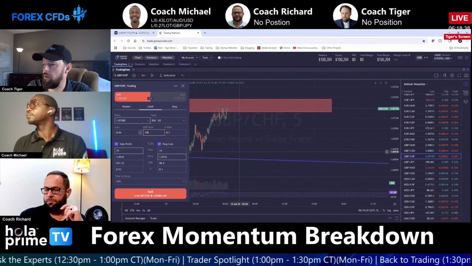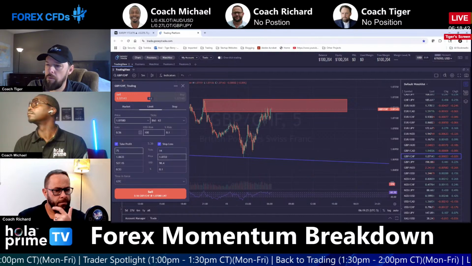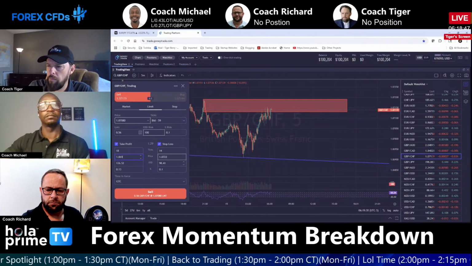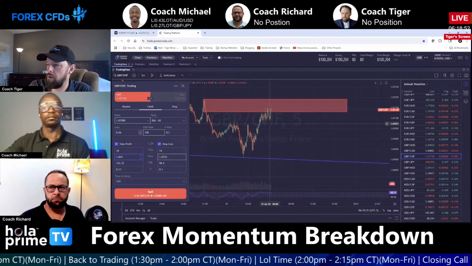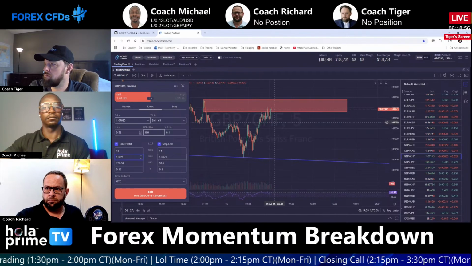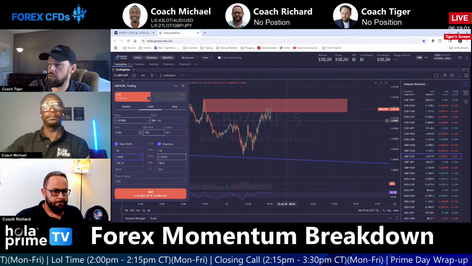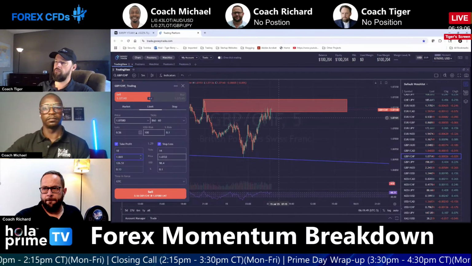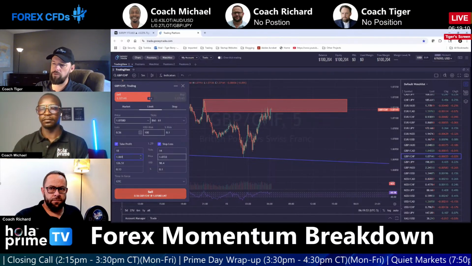So that would be about 1.069. But yeah, I would prefer to see a little bit of a breakdown of that area, personally. So we'll just go ahead and hit a sell limit, and I'll treat this as a momentum order if and when it comes out of that zone. If it doesn't come out within the next hour, then that's probably one I'll just go ahead and